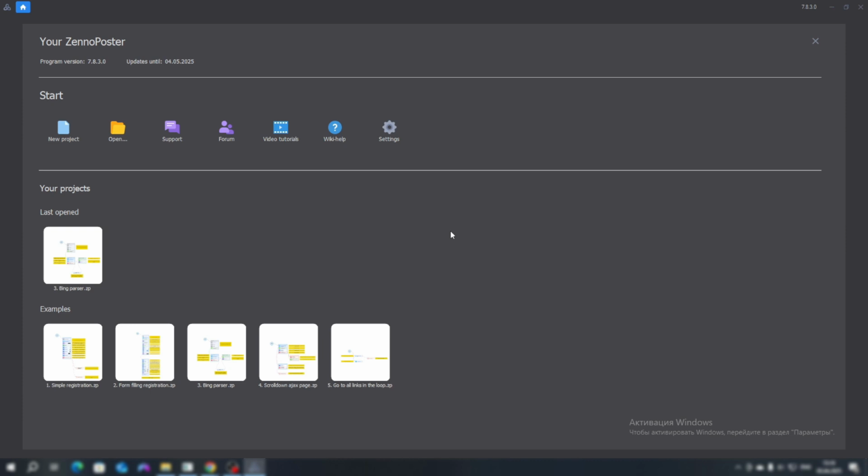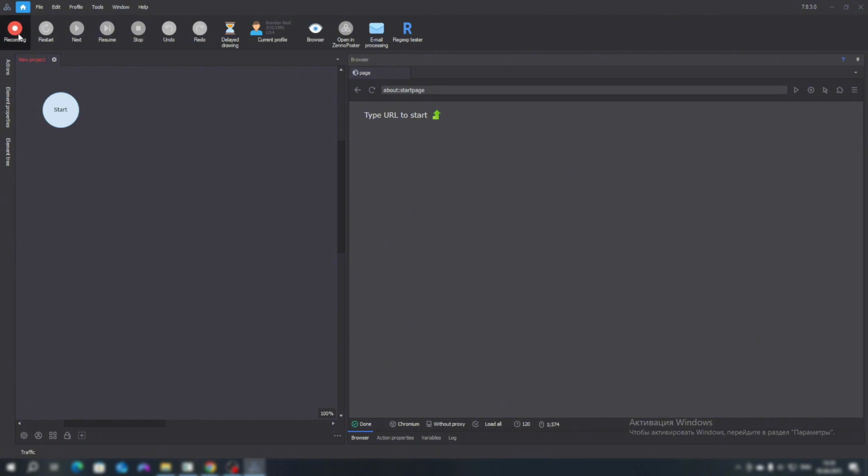To do this, click on the PAW New Project button, and make sure to turn off the red button. It is needed to automatically record all the actions of our browser. That is, if we click on a button, it will automatically record it, fill in some data, follow a link. Absolutely all actions that we perform in the Browser tab will be recorded in our project. With a 100% probability, this will cause errors the next time the script is restarted. In the following lessons, I will prove this to you.